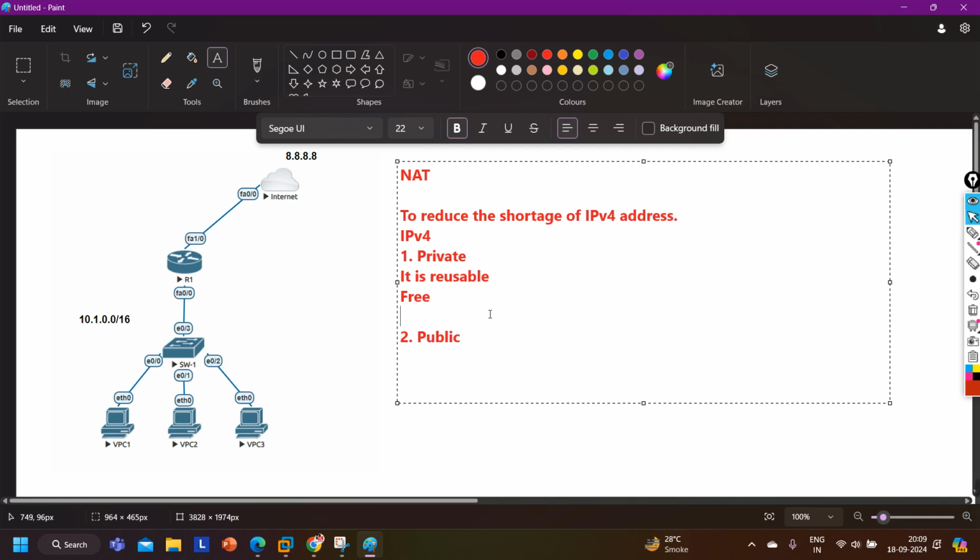Sometimes we say it is a temporary IP address as well. And a public IP address is, guys, payable, right? Not reusable, and routable on the internet.